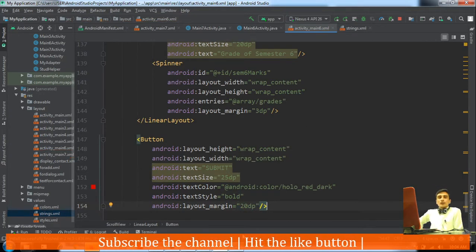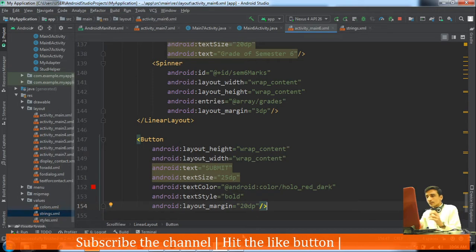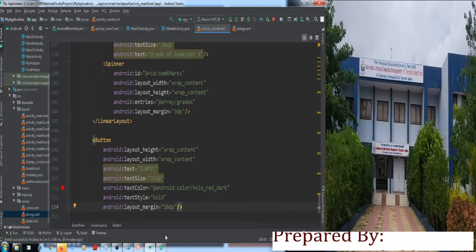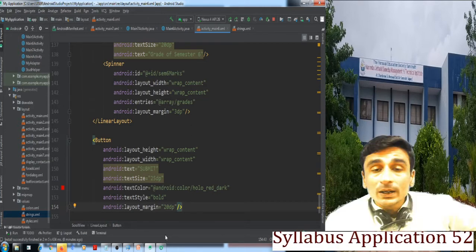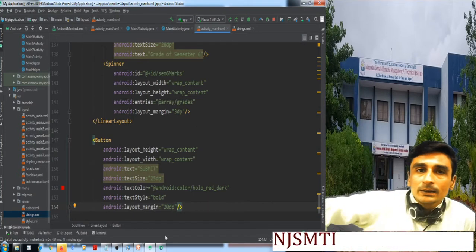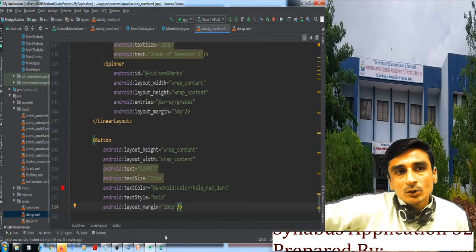Okay, and on clicking this submit button, we will define a method which we will call on the clicking of this button. Okay, we will set that method as the onClick attribute of this button.